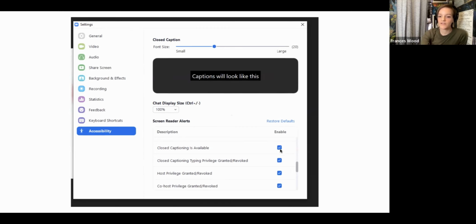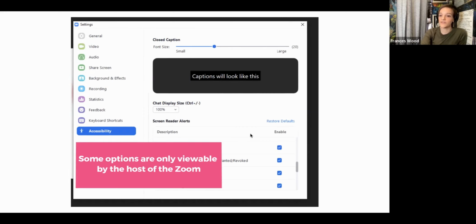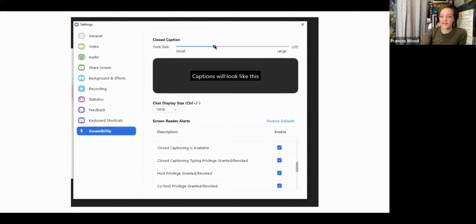So what you want to do if enable isn't checked right there, you want to check enable. And what that means is that you just have access to the closed caption, and that's an option for you. You can always turn them on or off, but you've got that set up, so it's an option that you can choose. I'm not sure if the default is that you're enabled or not. It's worth checking out. If you can't get the captions to come up otherwise, that's probably what the issue is. And then two, depending on how big you want your captions to be, you can make them bigger or smaller. Just pull that back and forth.